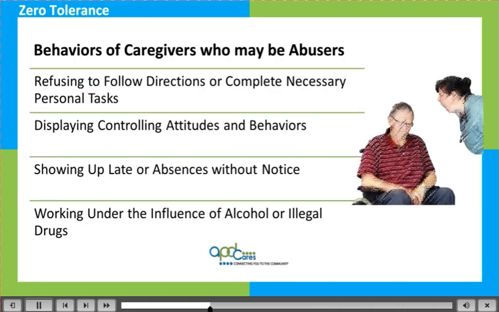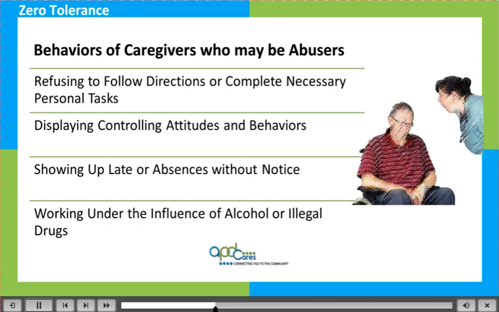If you work with other caregivers, these are behaviors that should trigger your awareness. You should always be on the lookout for certain behaviors that may be indicators that another caregiver is an abuser. The following are some examples of behaviors to make you more observant of the caregiver. Some of the behaviors of caregivers who may be abusers include refusal to follow directions or complete necessary personal tasks, displaying controlling attitudes and behaviors, showing up late or not at all, working under the influence of alcohol or illegal